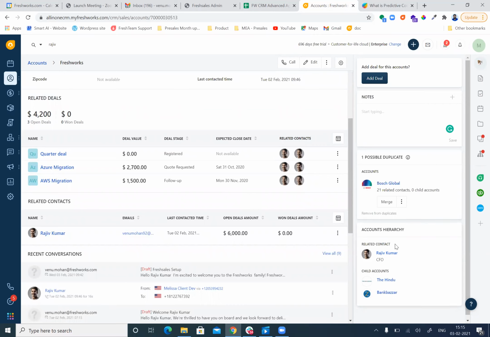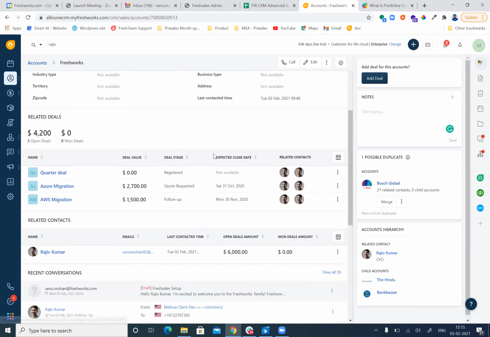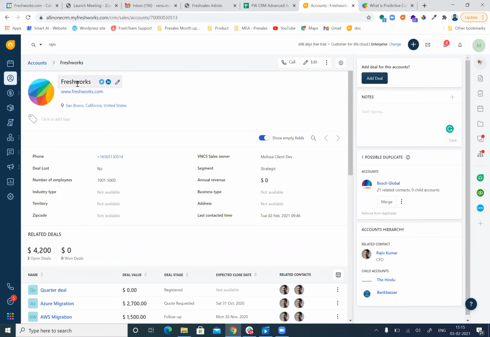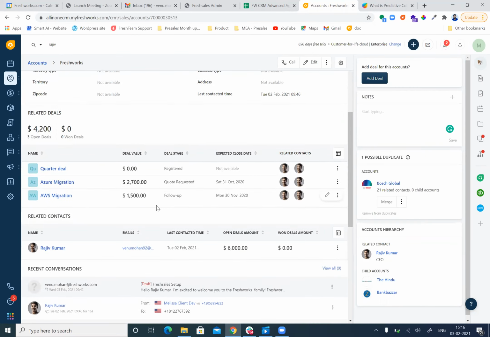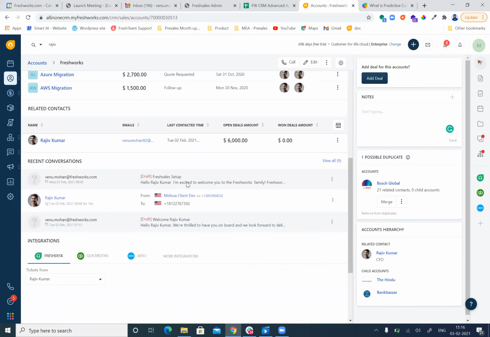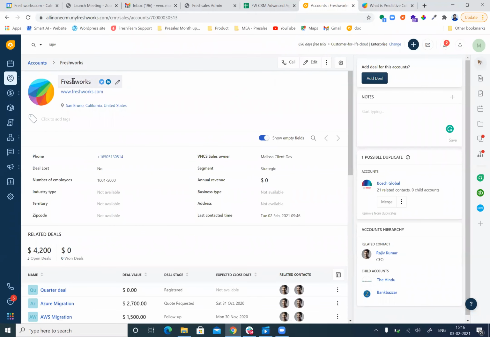So all these three different key stakeholders can be tagged under the company profile called Freshworks, and you would be able to see all these three different persons' opportunities here, and all three persons' email conversations and phone conversations will get aligned under the recent conversation itself, since these three persons represent the company called Freshworks.